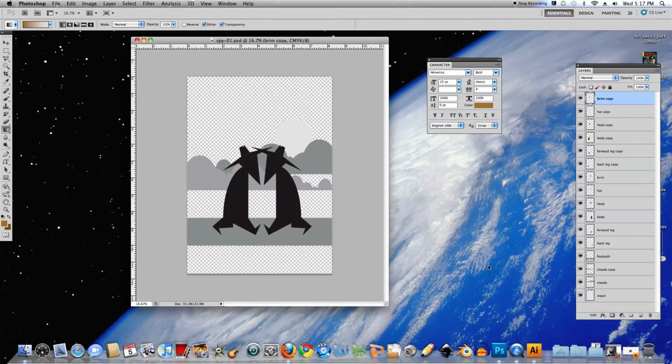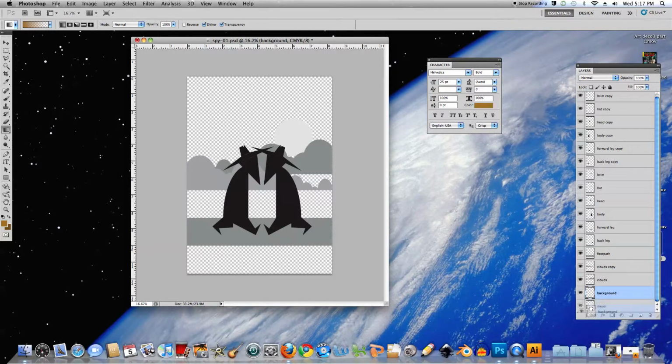And what I want to do here is I need to create a background for it. As you can see, it's transparent, so I'll go to the moon layer. I'll create a new layer which I'll label background. And I'll pull it underneath the moon layer. And what I'm going to do is fill it with two colours, and the colours I've got here,